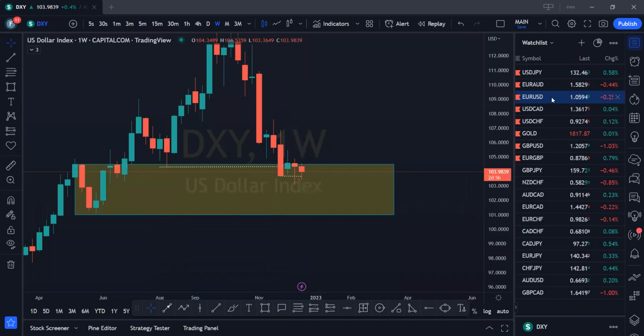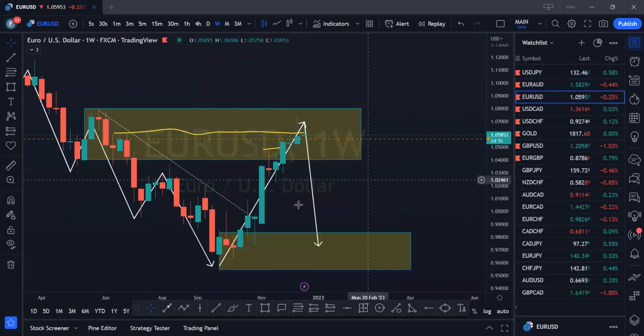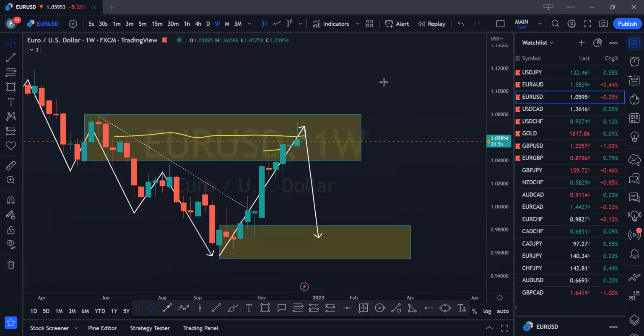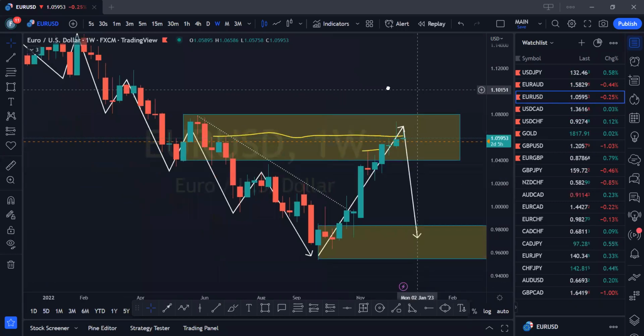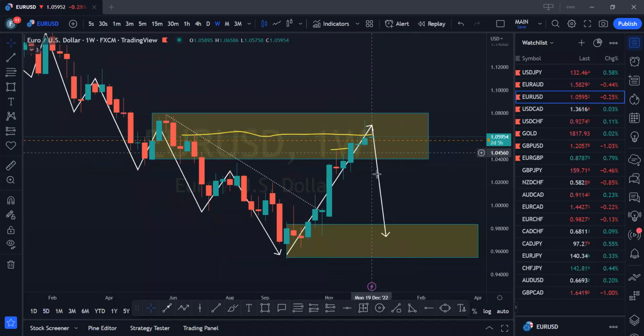All right, so let's go back to the Euro USD. So if we are anticipating the strength of the dollar, that means Euro USD should also drop according to market structure. Now, because this analysis is on the weekly time frame, most times it takes time for the moves to happen. So we don't know exactly when that move will start, but it is very, very near, right? The bear market for Euro against the dollar, the quote currency, is very, very near.